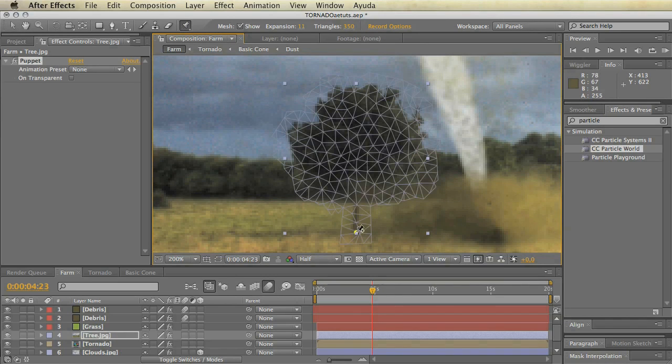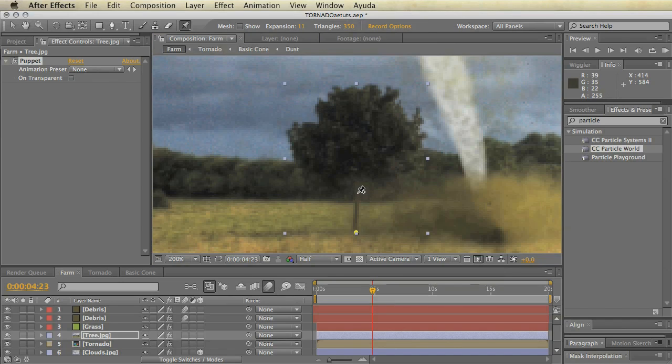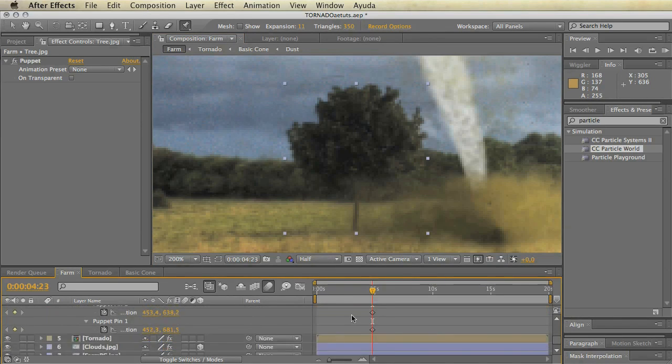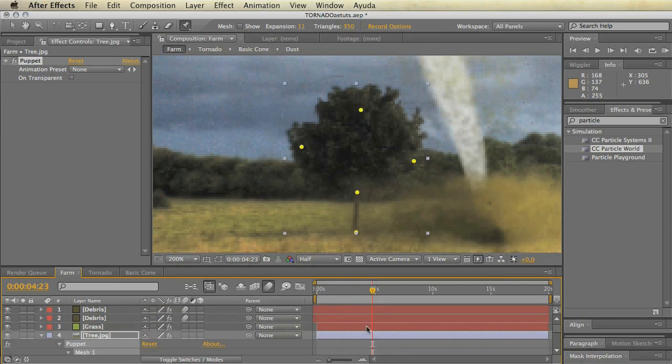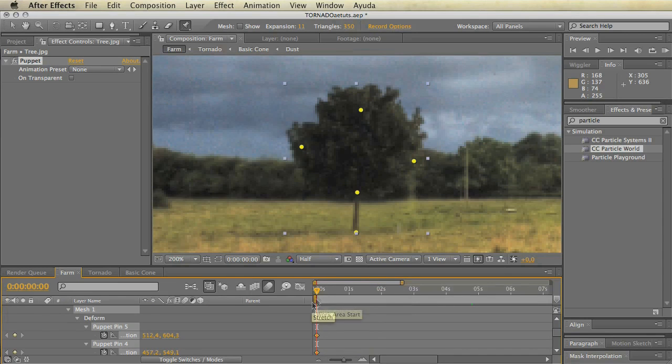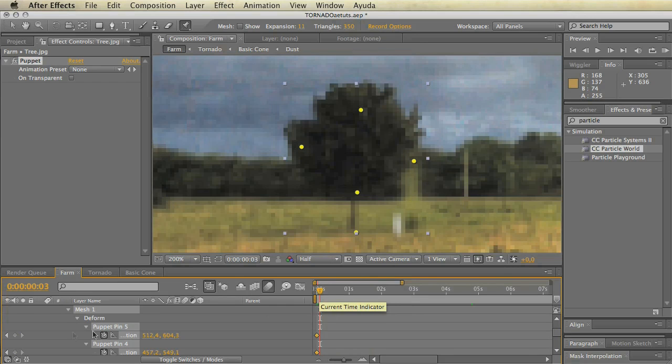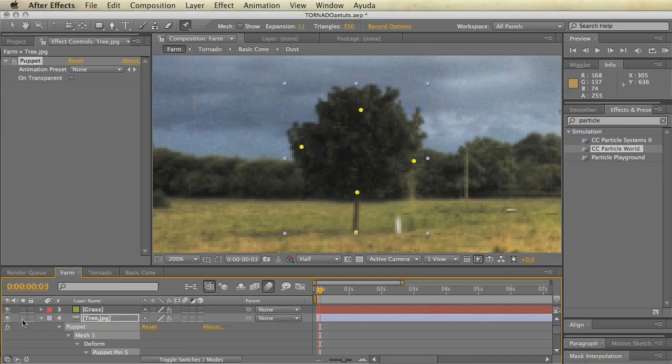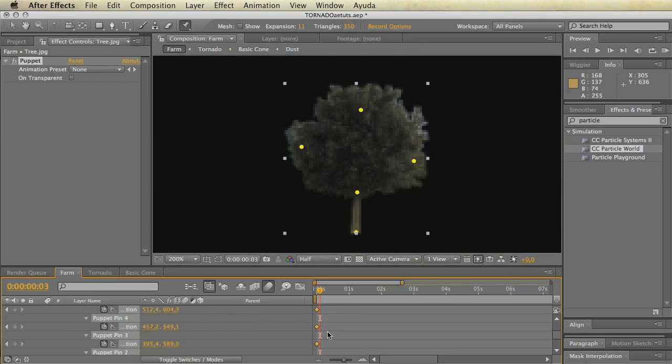We'll make one at the bottom here. Let's uncheck mesh. One at the bottom, one here, one here, one here, and one there. And when we have this, we'll just open, hit U to reveal all the keyframes, get them to the beginning, 0, 0, like that, and then zoom in a bit, move forward in time. We'll solo this layer to get better results. Move forward in time just a bit, and